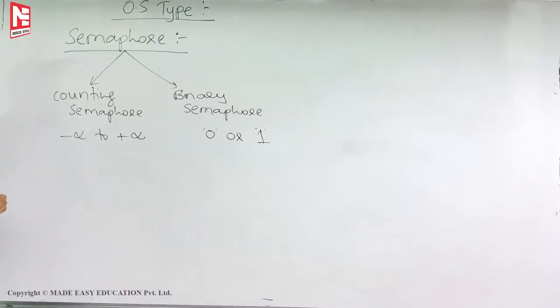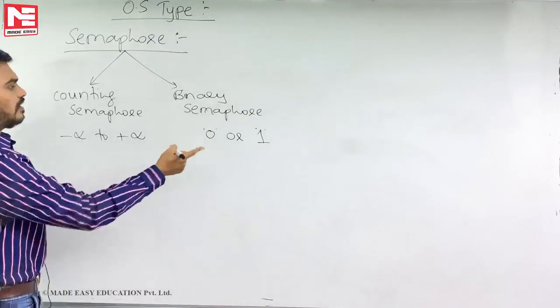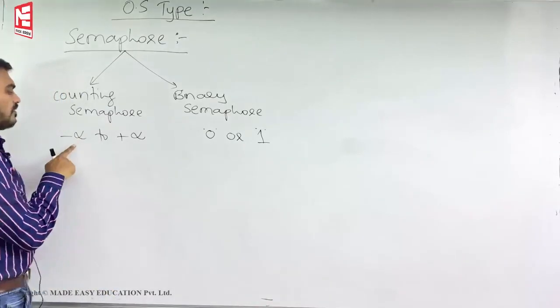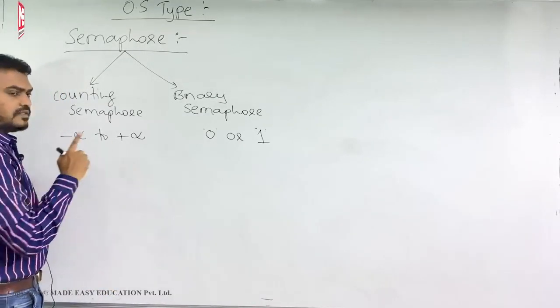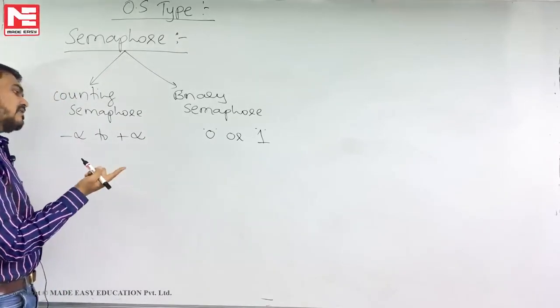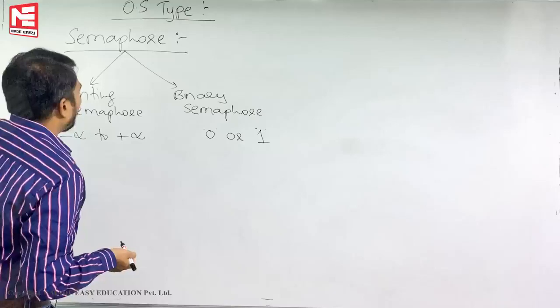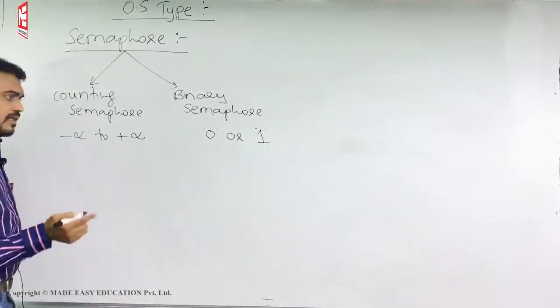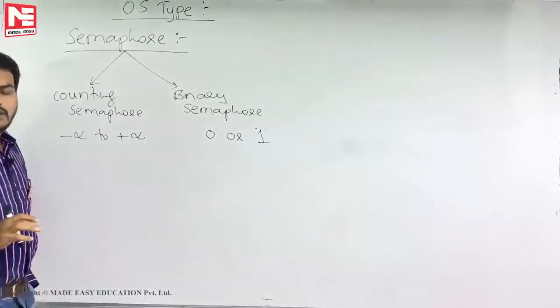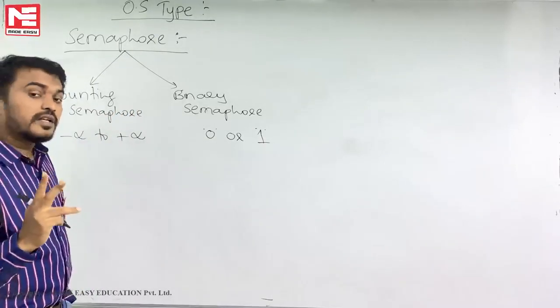Binary semaphore takes only two values, either 0 or 1. So binary means either 0 or 1, you can easily understand. Counting semaphore takes values from minus infinity to plus infinity. So any value, like 1, 2, 3, 4, minus 1, plus 1, any value. Now, remember next, whether it is a counting semaphore or a binary semaphore, remember the two different